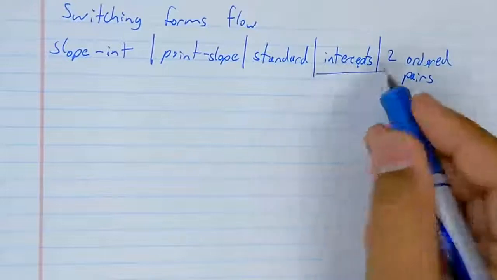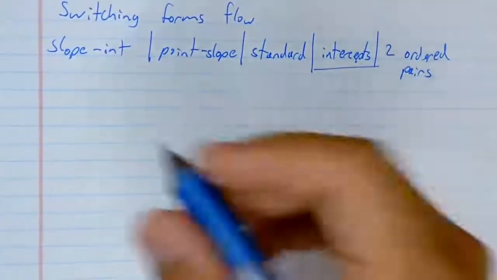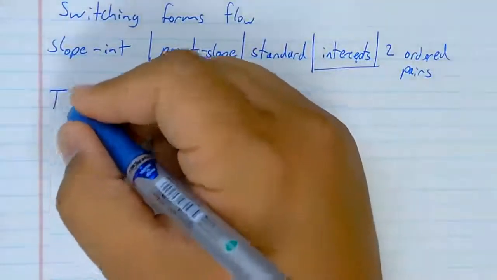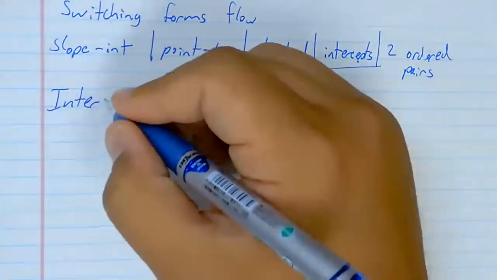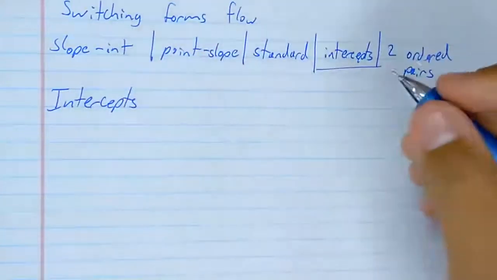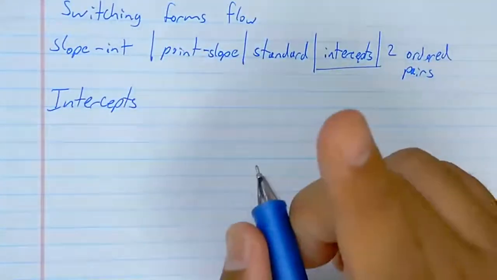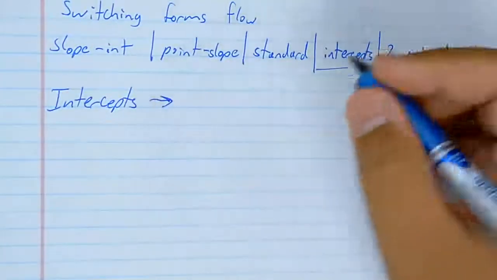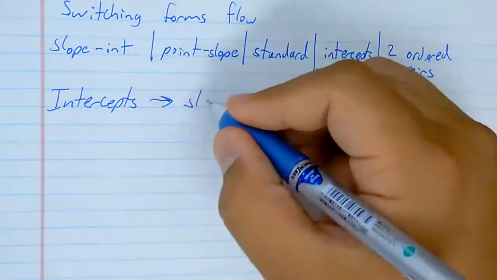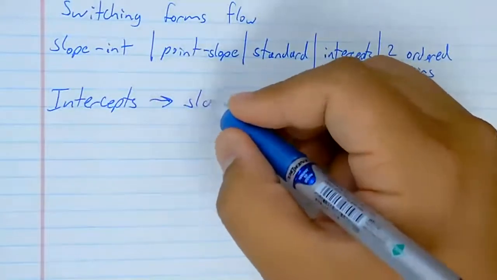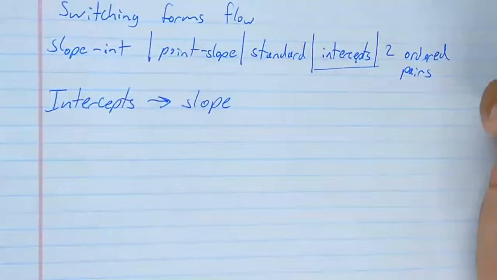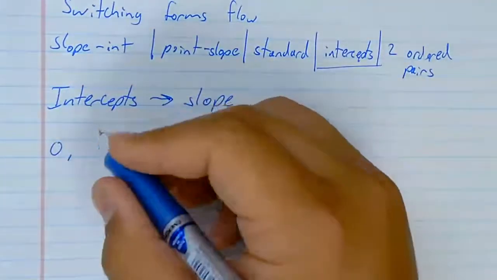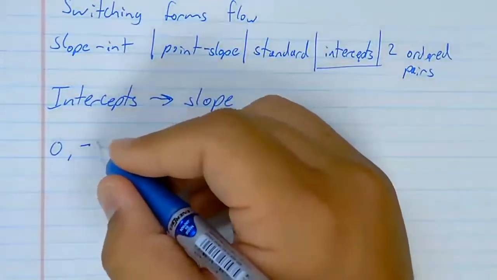So what we're going to start with is our 2 intercepts. Starting with our 2 intercepts, there's really one logical place we can go, and that logical place is slope. So let's find our slope given the intercepts of (0, -7)